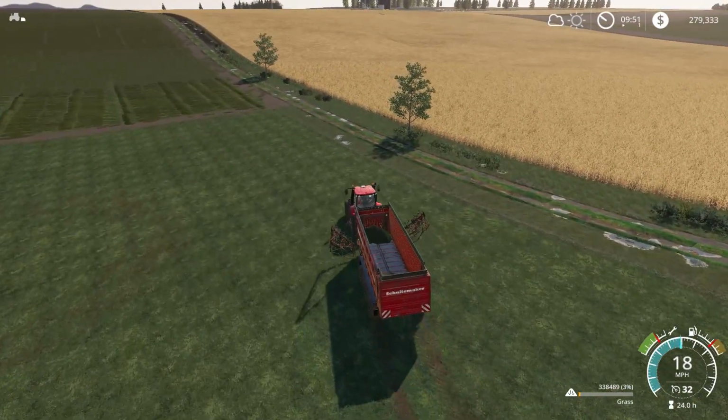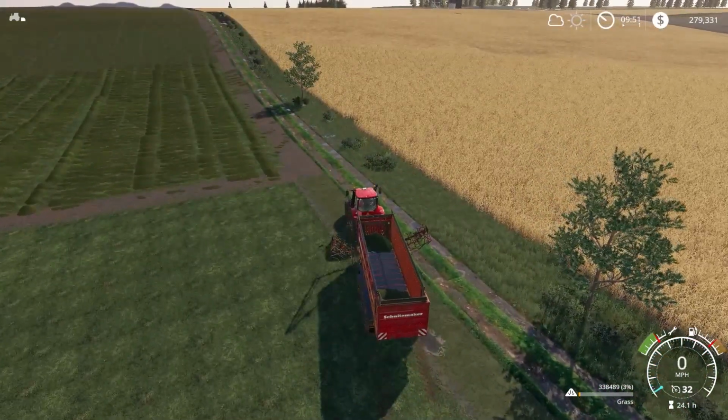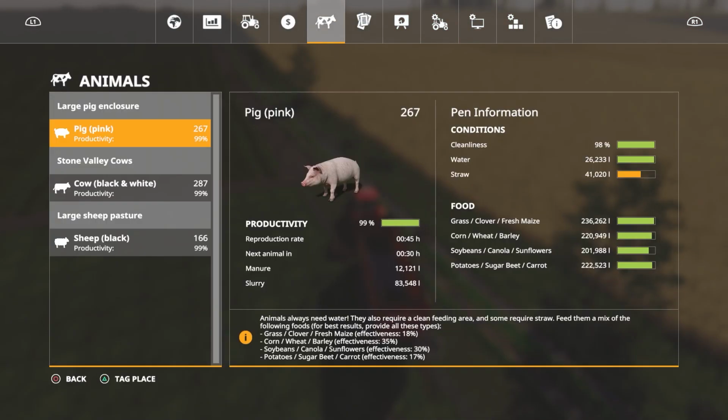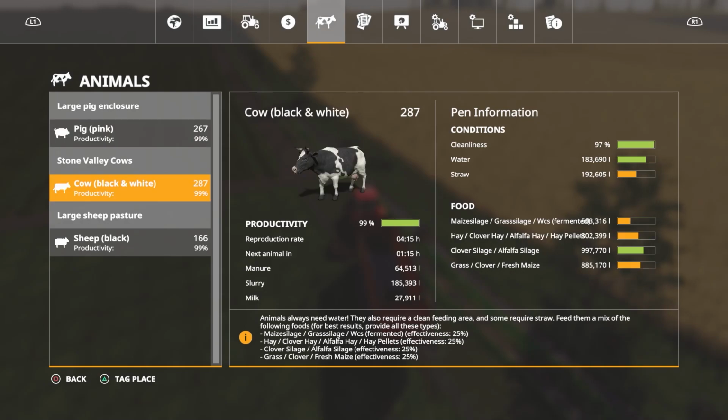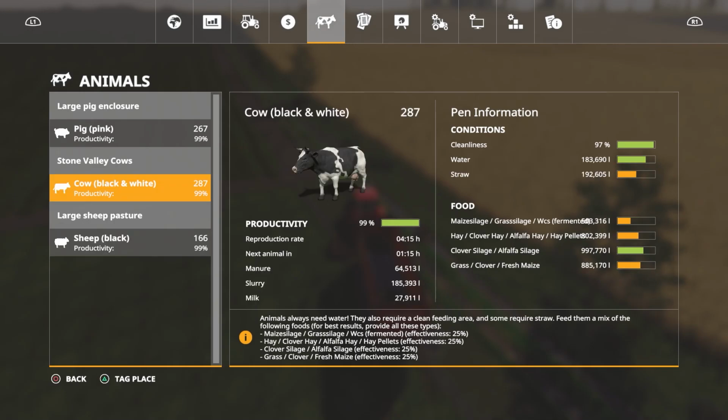Now, before I go over and dump all of this into the fermenting silo, let's take a quick look here. So the pigs, they take some grass, but they are pretty darn full. The cows take grass, and they are not very full. You know, I may need to grab a little bit more grass as I look at this, because the cows are going to take at least probably